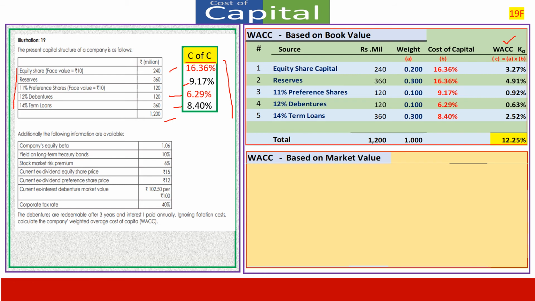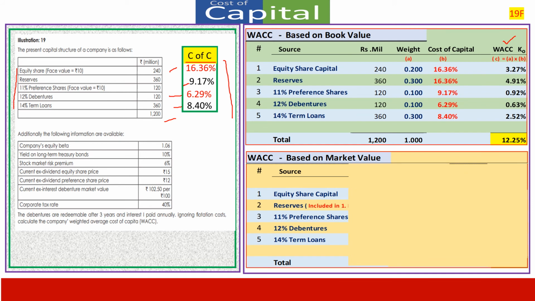Now going to market value, we take the same thing. Here we need to understand one thing. In case of equity capital, which is quoted on a stock exchange, the price that you get on the stock exchange is not for only capital, it is for reserves also. Therefore, when you multiply the number of shares with the market price, that covers both of them. There is no need to segregate. We can take them together and then post it.